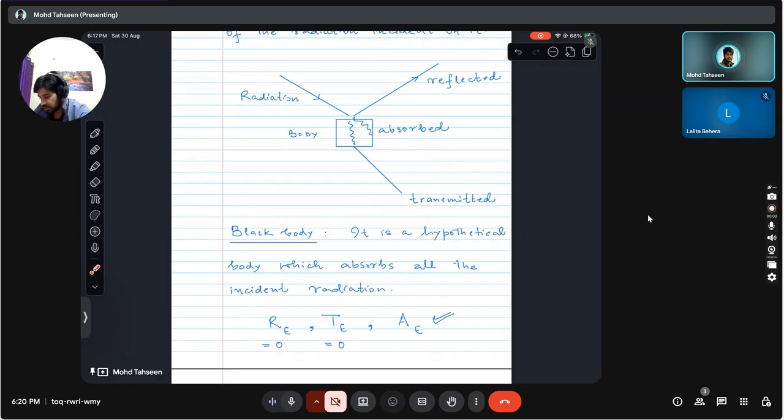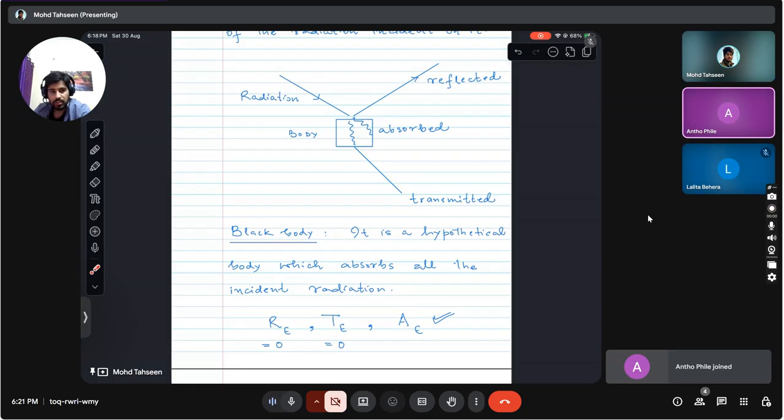So no matter what the frequency or wavelength of the radiation incident on it, it absorbs that throughout the entire spectrum, as long as the temperature of this black body is below the temperature of the surroundings. And similarly, if we raise the temperature of this black body to be above that of the surroundings, in that case this black body starts to emit radiation, because it tries to get into thermal equilibrium with its surroundings.